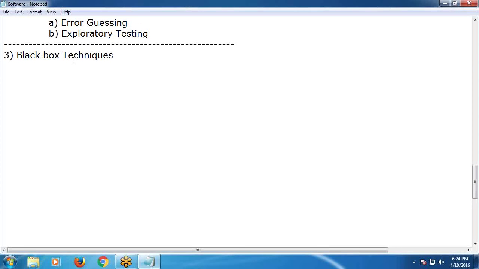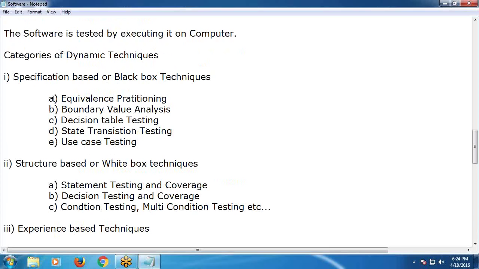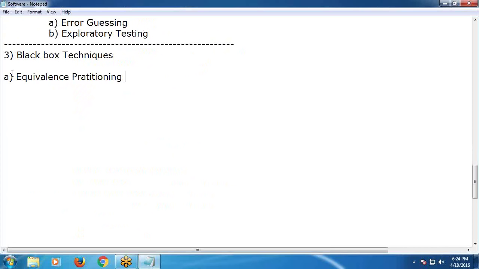Equivalence partitioning. Another name is equivalent classes. Equivalence partitioning, or equivalent classes, can be applied at any level of testing: unit testing, integration testing, system and